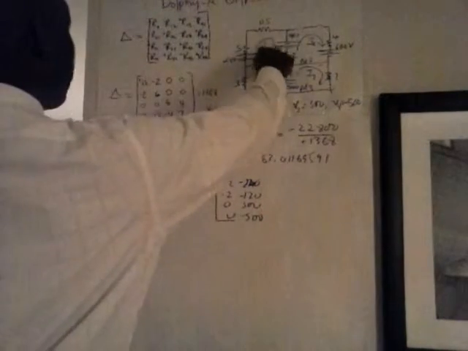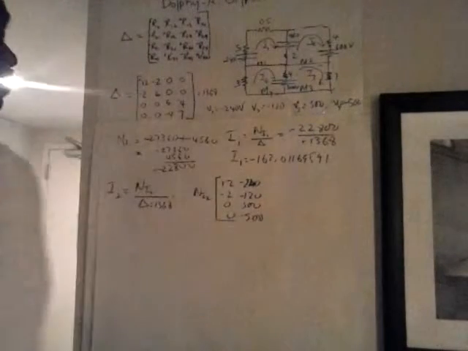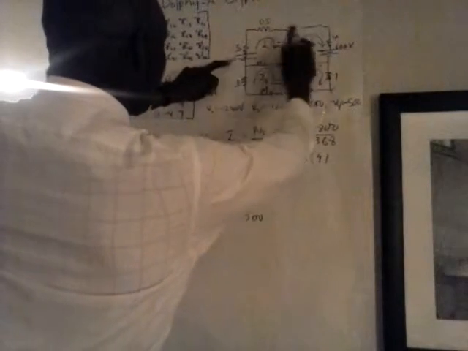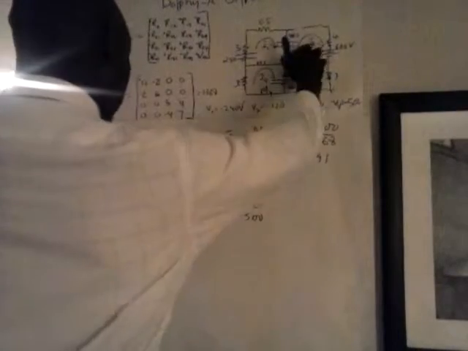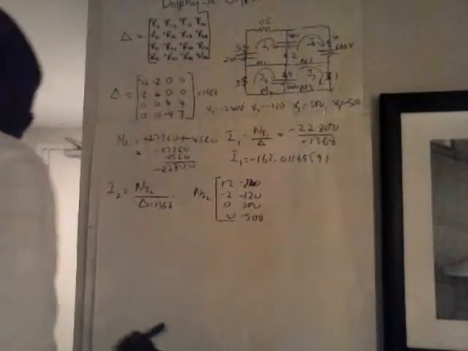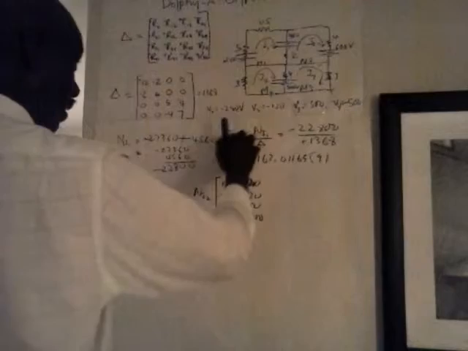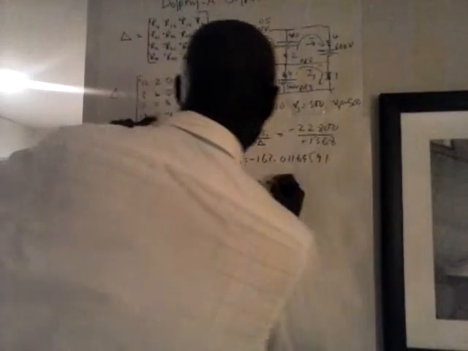This is a V1 found from this basic 4-mesh circuit by inspection. We say now V1 was equal to 240 minus 480, which gives us a minus 240. And V2, the voltage in the mesh 2, is equal to 480 minus 600, minus 120. V3 is equal to 500 and V4 was equal to minus 500. So we place the second column, and so the third column